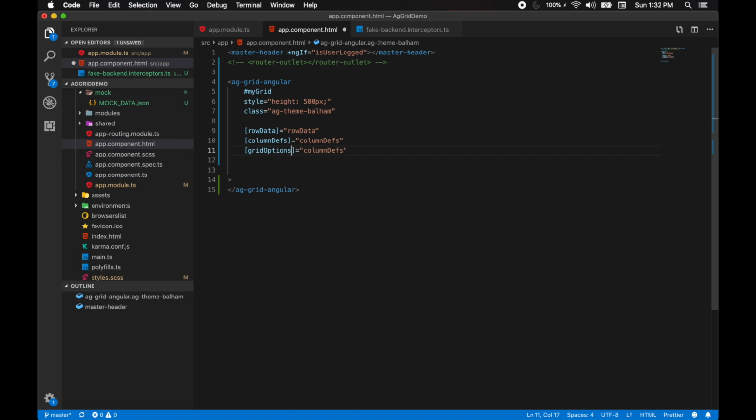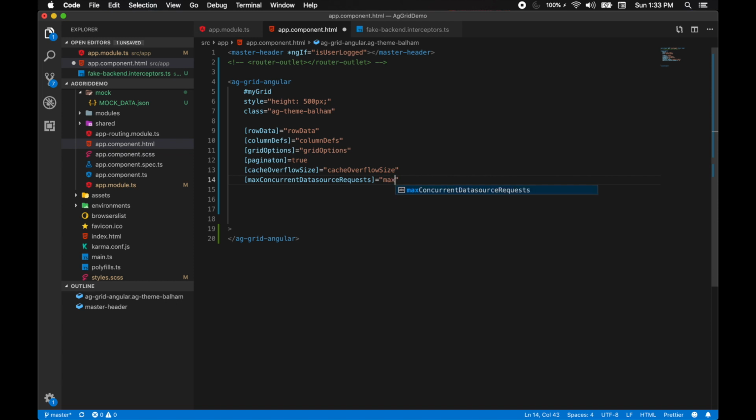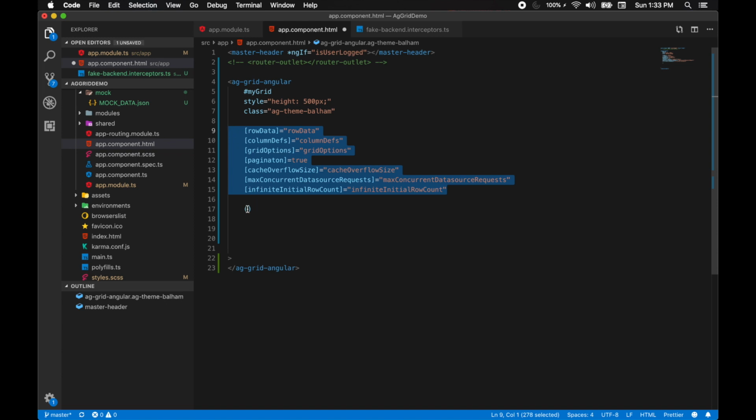Grid options, pagination. Shall we do pagination straight away? Maybe. No. We don't need a field in a class. This is just true. And cache overflow size, max concurrent data source requests. So this will be maximum 2 concurrent requests that we're going to make. So let's just load this as well. Okay, so this is part of the initial properties that we're going to set for the Angular Grid, and the next